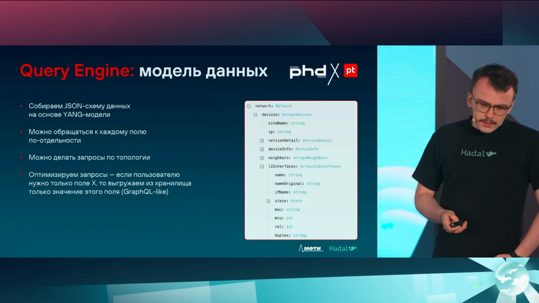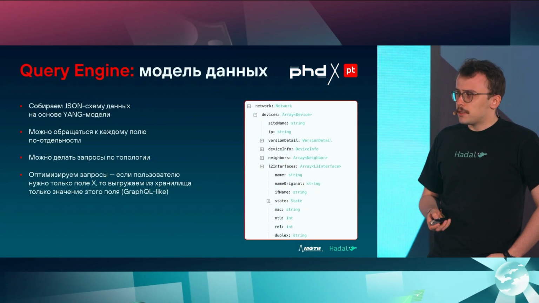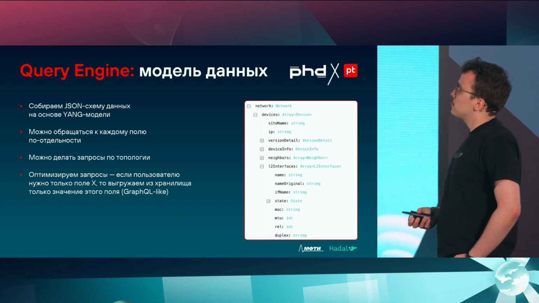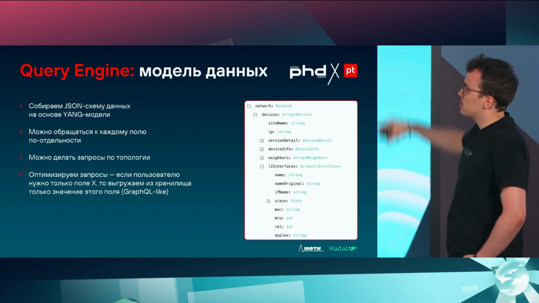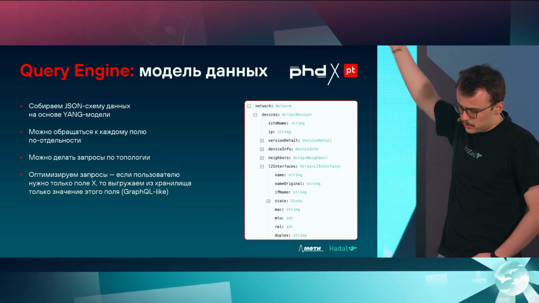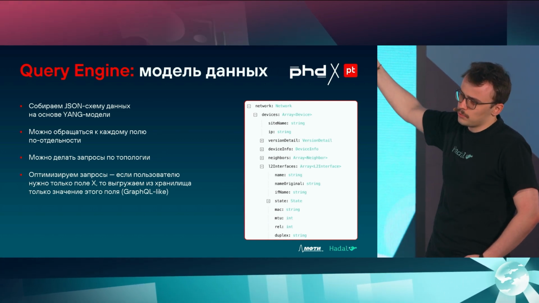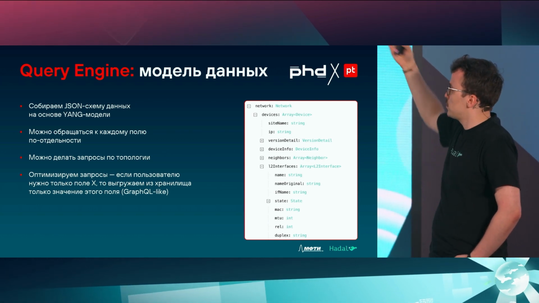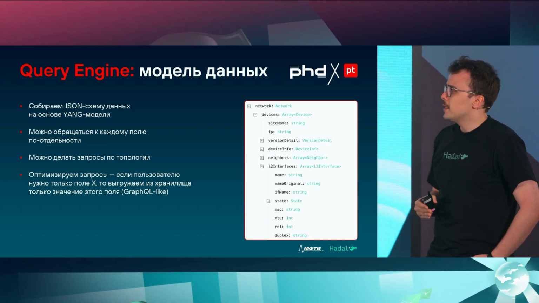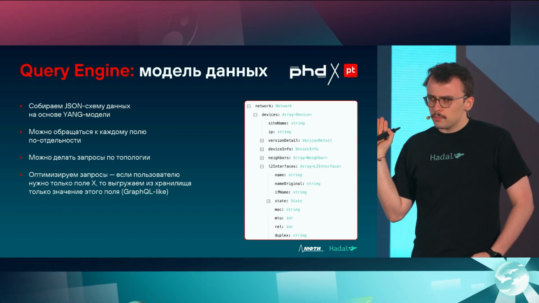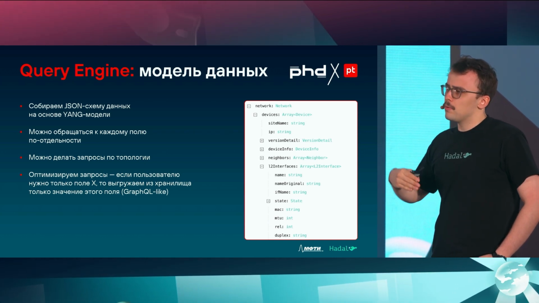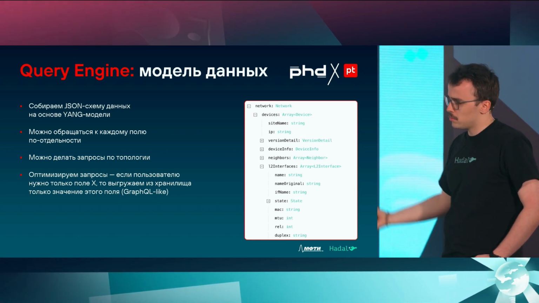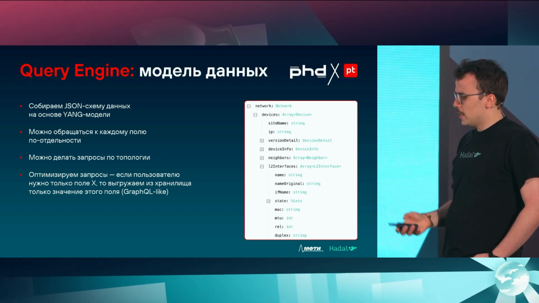So let's talk about the query language and the query engine. Let's start with the data model. The data model is represented as a tree. So all the parsing becomes a tree-like structure, at the root of which lies the network. Inside there is devices, and inside each device there are lots of interfaces. So the basic thought here is that this model is built along the YANG tree, and